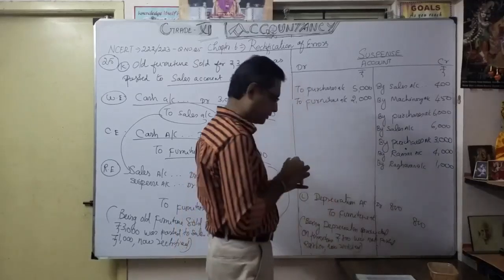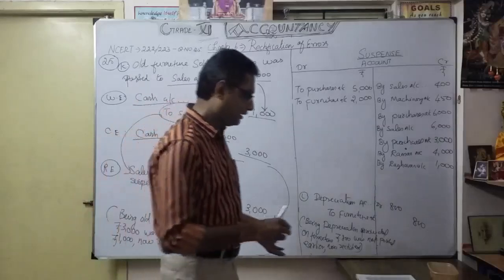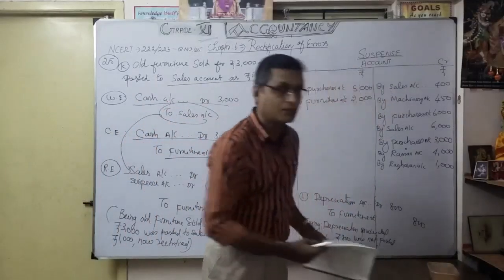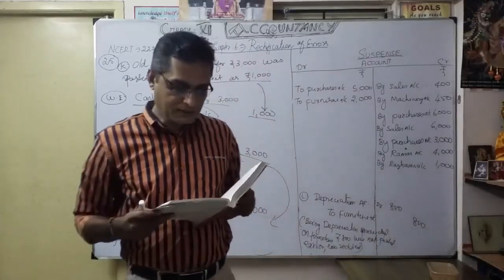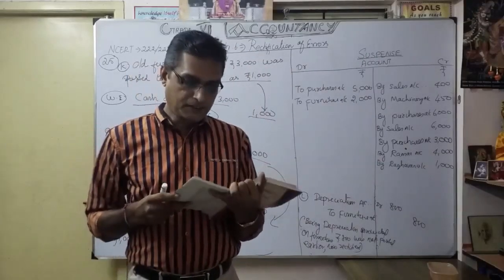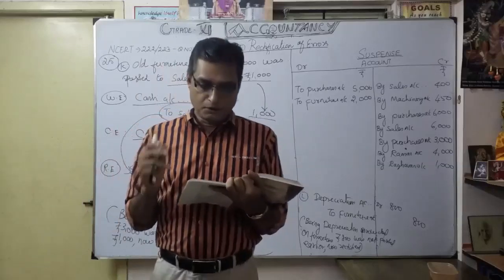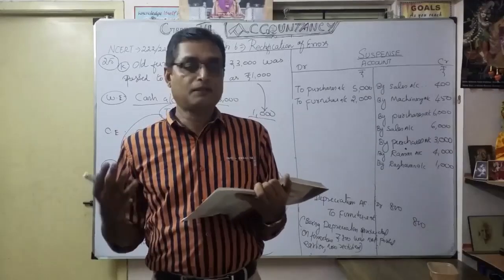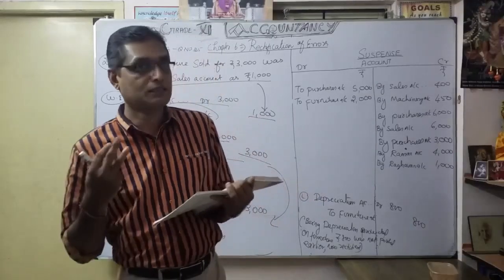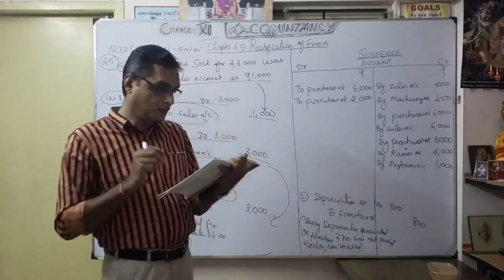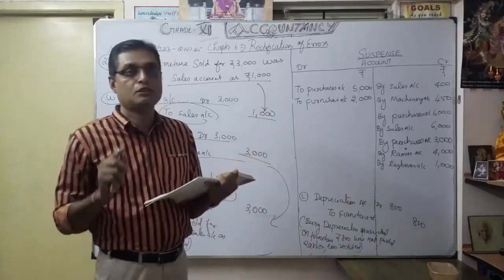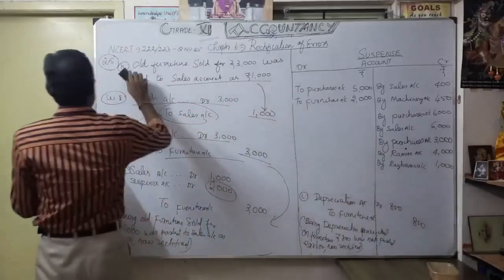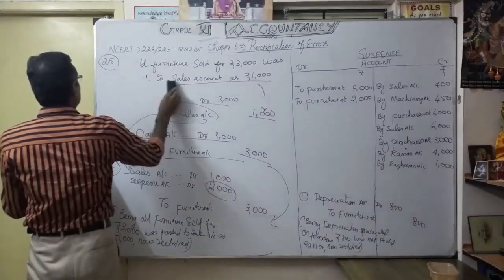Now see the final transaction, a lengthy one, isn't it? For this exercise, let's see what the final one is. Materials 10,000 and wages 3,000 were used for construction of building. Whatever the material and wages for the purpose of construction of building, no adjustment was made in the books. That's our final transaction.